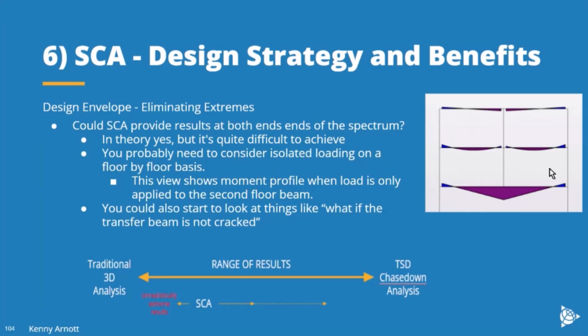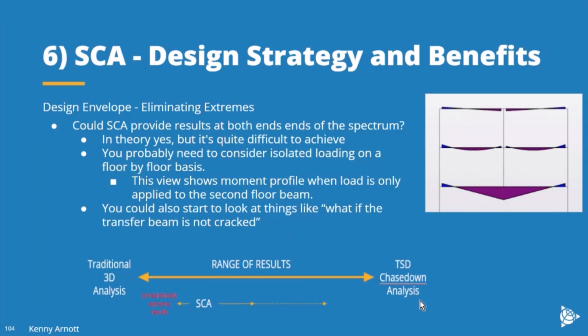So this view here is not even a stage construction analysis, it's just an analysis of that model where I don't load anything except that beam. And then I get an expected moment profile on that beam. I still get moments going to the transfer beam as it sinks to carry that load, but it's a way of getting something more expected. So you can get something much closer to these results, but you have to start thinking about patterning your load within your 3D analysis, whether that's an unstaged or staged 3D analysis.